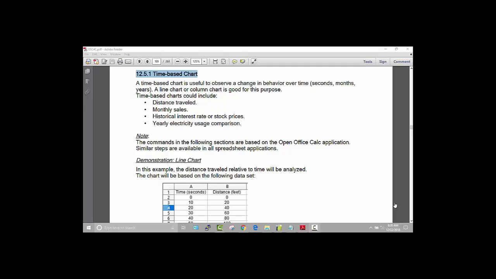This section will focus on time-based charts. The terms plot or graph are often used interchangeably with the term chart, but for consistency, I will try to use the term chart. So as I mentioned, we're going to look at time-based charts, which means we can look